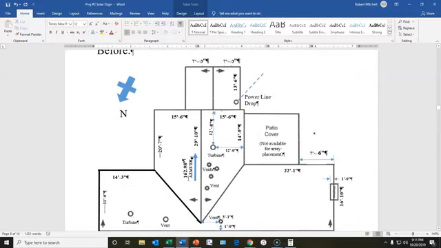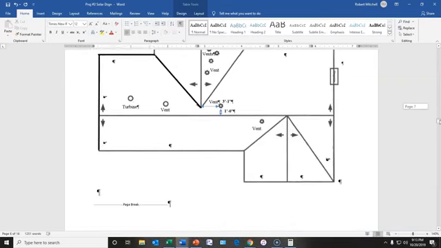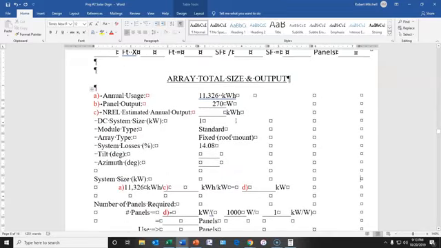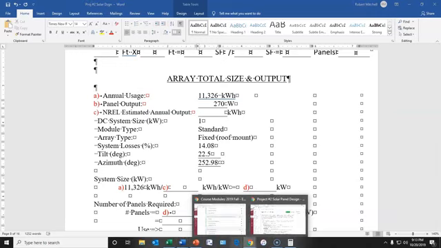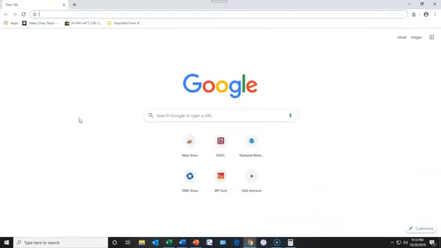and the azimuth is 162.98 for due south. However, we're facing 90 degrees, so that's 162.98 plus 90. So let's go back down to our calculations, and the tilt is 22.5 degrees. The azimuth is 252.98. Now we can go over to our NREL calculator, and that calculator can be found at